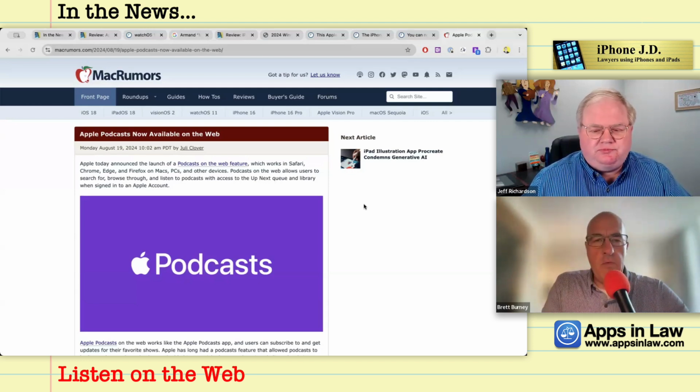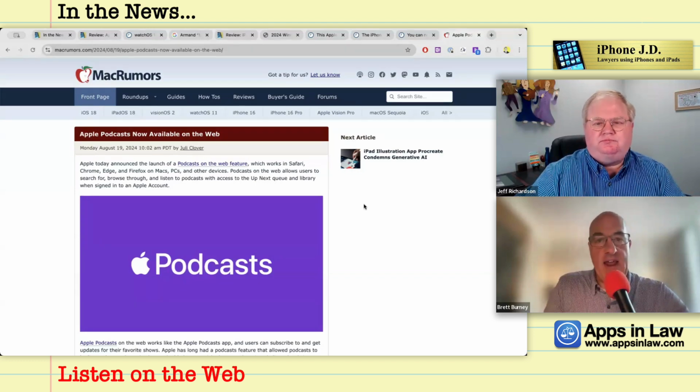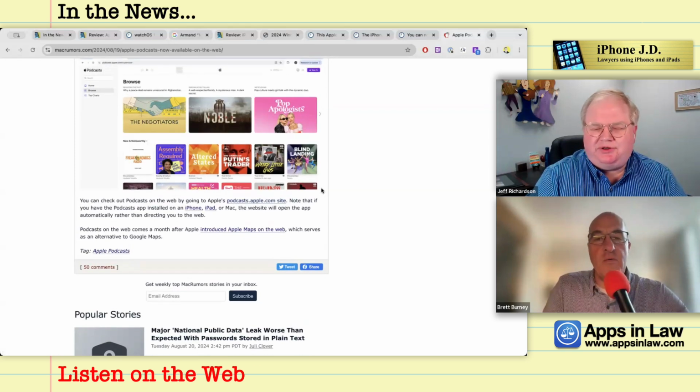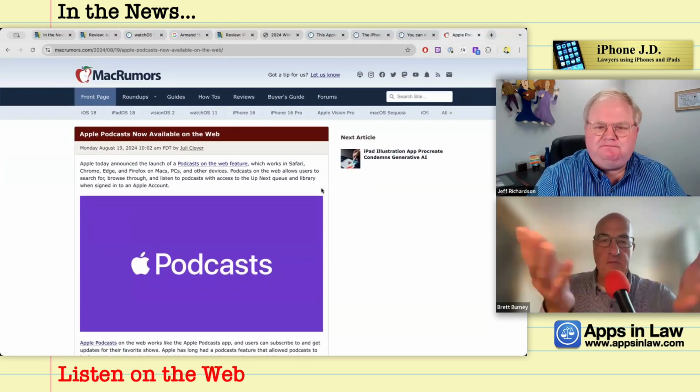I've long always gone to maps.google.com when I wanted to look up a map on a browser. Well, Apple Maps now allows you to go to maps.apple.com, and it's a similar way. The podcast site is podcasts.apple.com. There you go. So in one way, I feel like they're copying some of what Google has done, but